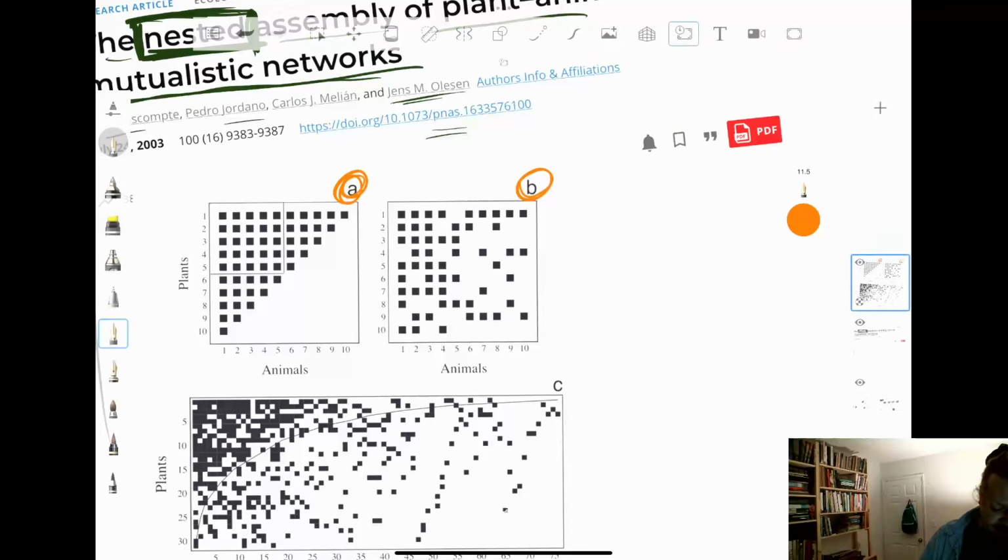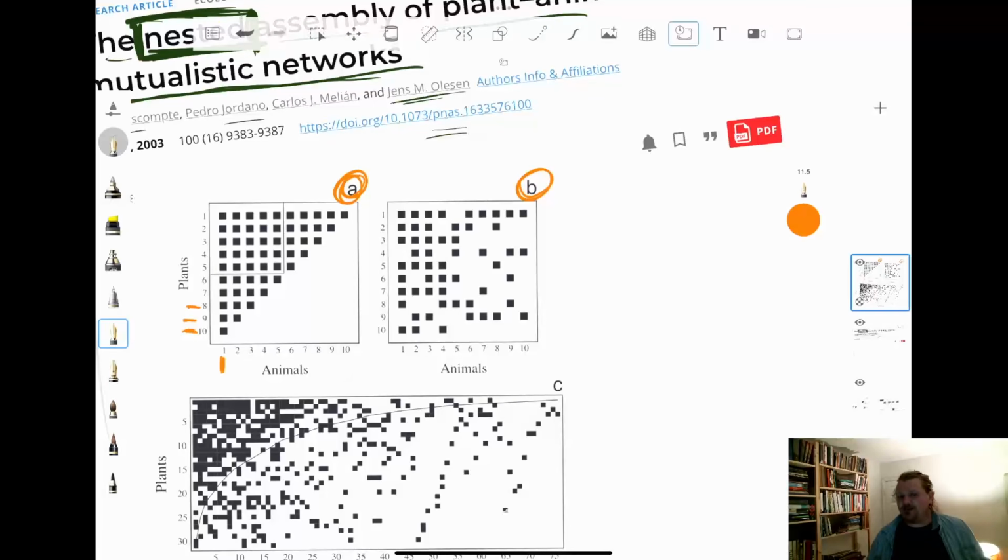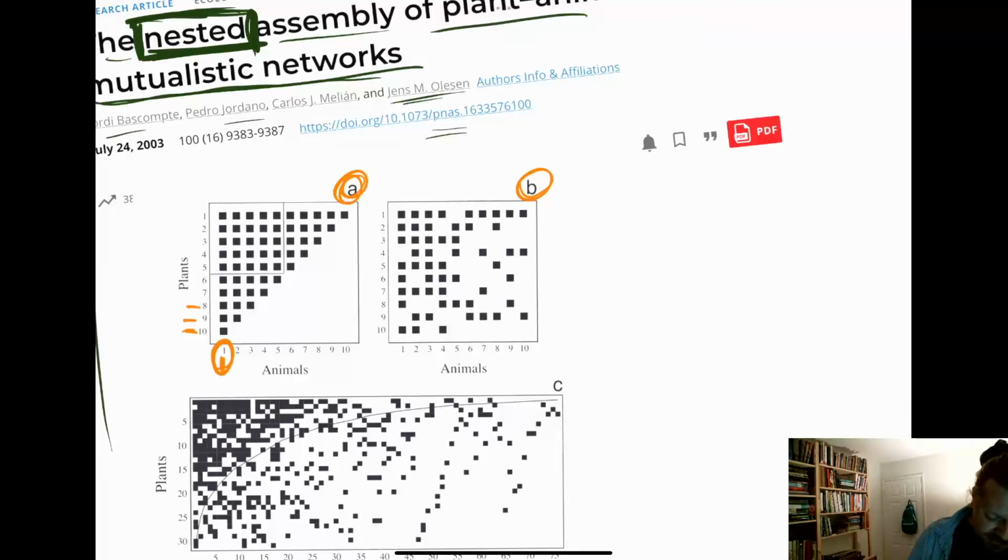So animal species 1 interacts with plant species 10. Animal species 1 interacts with plant species 9. Animal species 1 interacts with plant species 8. And you can see these networks are very different. These are different kinds of ecological communities. In one of these networks, the most generalized animals